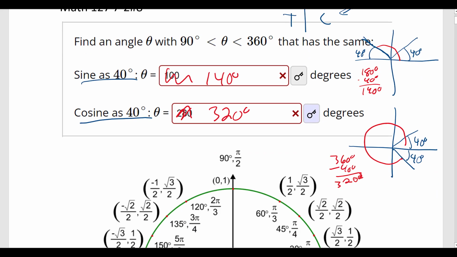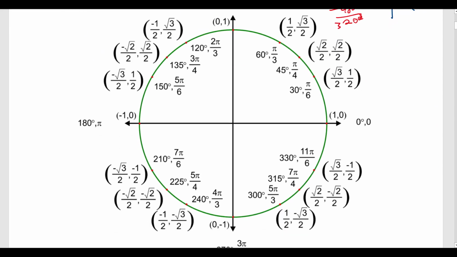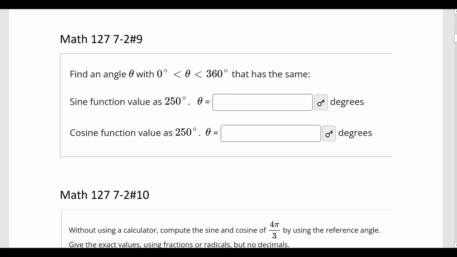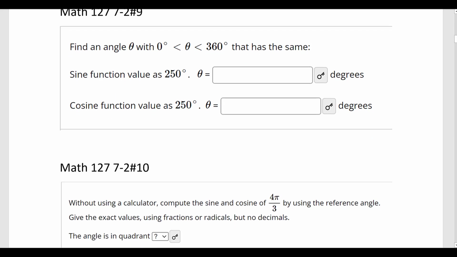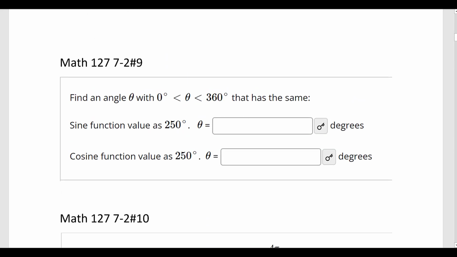Okay, let's keep on with this little group. I copied and pasted this in here just for reference on some of these problems that we would need to see that. The next one, we're doing the same thing where we're supposed to find the same angle, same value. So if we go back to our all students take calculus,